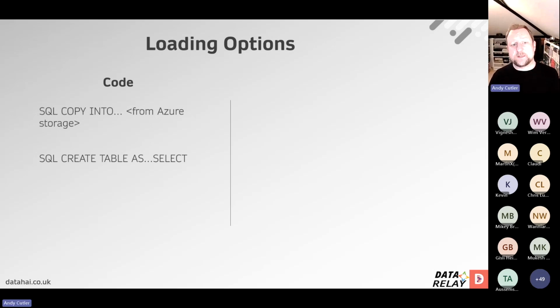We can use CTAS, so we can create table as select. So if we've got a whole bunch of data that we want to bring in, we can just use a create table as select and bring it in. We can insert into, so we can insert using values, using a select. What I would say is,